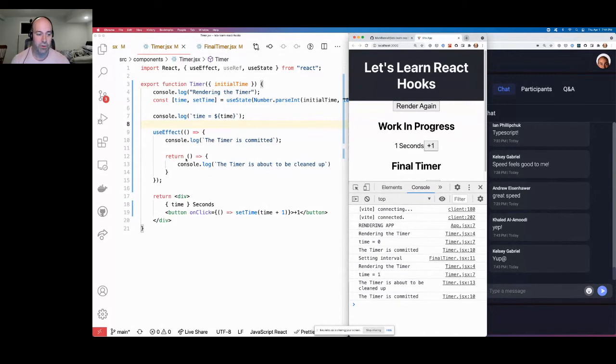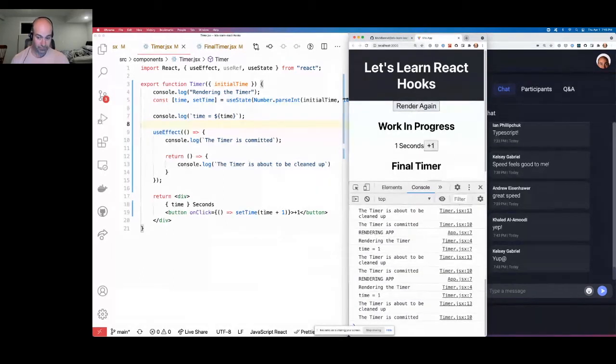Okay, so right now, the other thing you'll notice is that every time I render, when I'm updating it, that's getting called again and again and again. So if your effect is something expensive, like connecting to a database, like opening a GraphQL endpoint or something like that, it might not be something that you want to do on every render. And